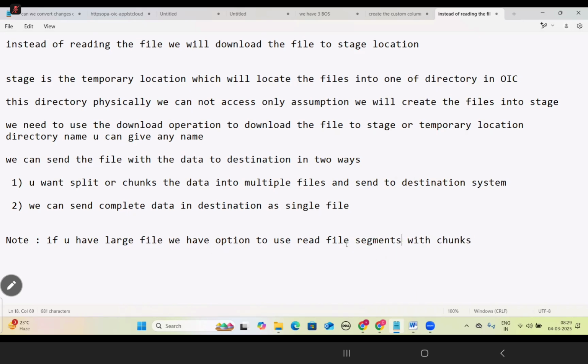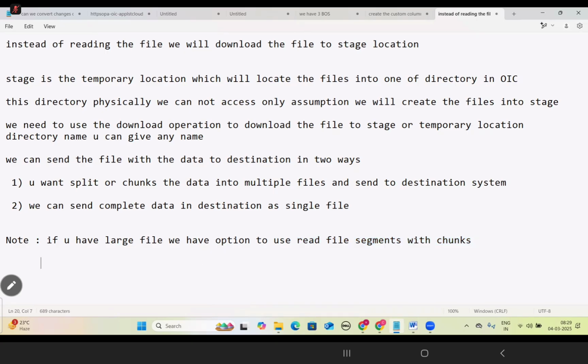By using this read file segments with chunks option, we can split the file, or chunk the file. Chunks means dividing the data, dividing it by however many records you want.